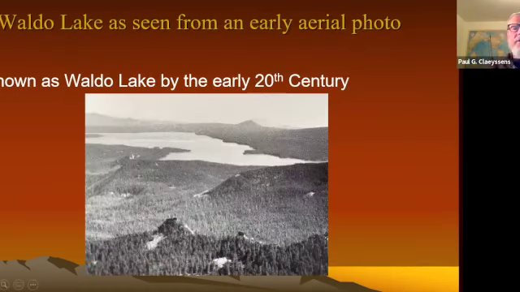At some point, these virgin lakes became known, at least this particular large one became known as Waldo Lake. And we don't have a lot of information on who named it and how it got named for Waldo, if he was there, or if it was just common use at the time, and it just became official. So that's about all I know. But